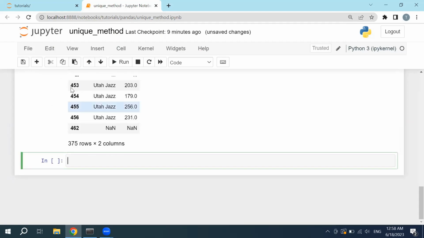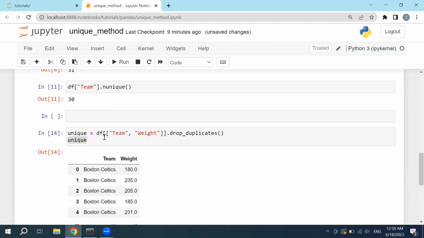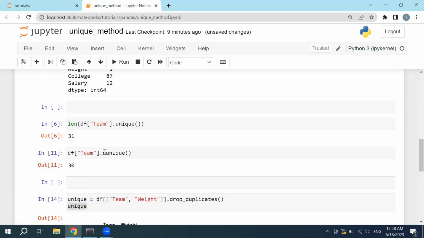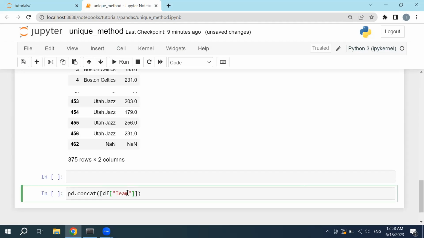But we could even use the concat method. We haven't covered that. We will cover them later. It just concatenates by typing. If I type concat here, and then type in the column names here, the first one will be df team, the second one will be df weight,